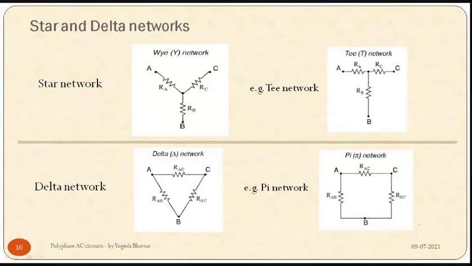So what is a star network? Look at this diagram. It looks like a star, hence it is called a star network. Just like in the three-phase circuit that we have observed, at one end there is a resistance, at another end another resistance, and a third resistance. The end points of all these resistors are connected together, forming a common point, and the starting point of each resistance is connected to another terminal or node. So this forms a star network.